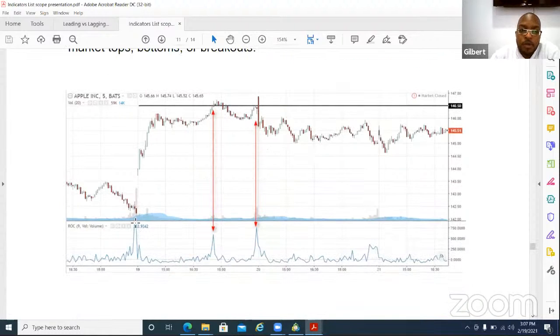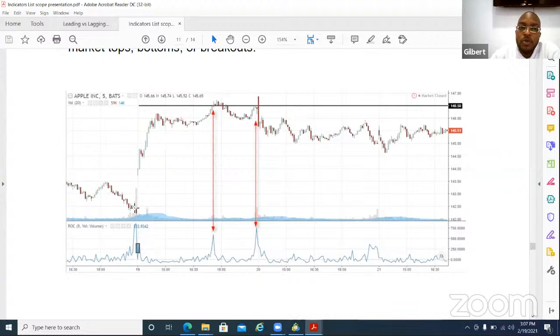If you see at this period here, we had a market bottom here, and what happened after that is that the prices rose. We had a bottom there, then there was an increase in volume, and the prices skyrocketed. The next time we had an increase in volume was around this area here, and eventually the markets decided to turn. So this rate of change can be used to identify reversals, just like the support and resistance levels,